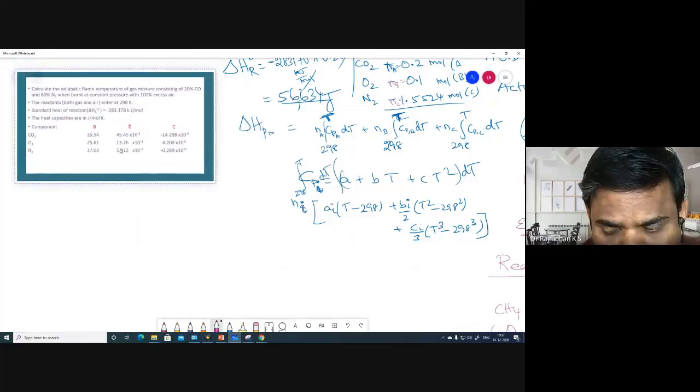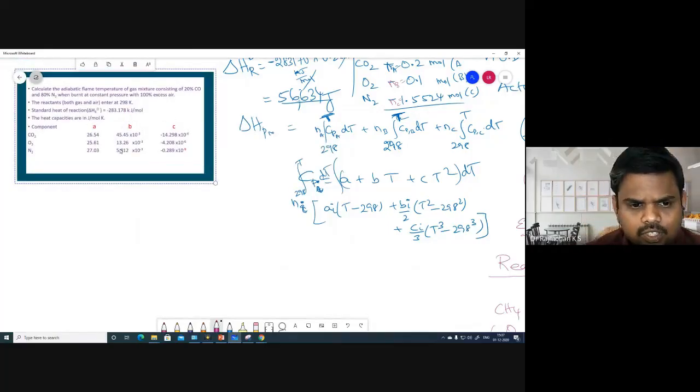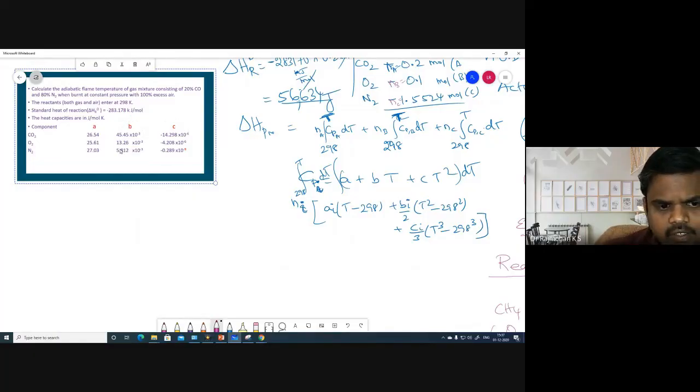So with the A, B, C values given, please calculate delta H of the product. We can write delta H of the product equal to n_CO2, which is 0.2, times, if we integrate, A into (T minus 298). What is A? 26.54 into (T minus 298)